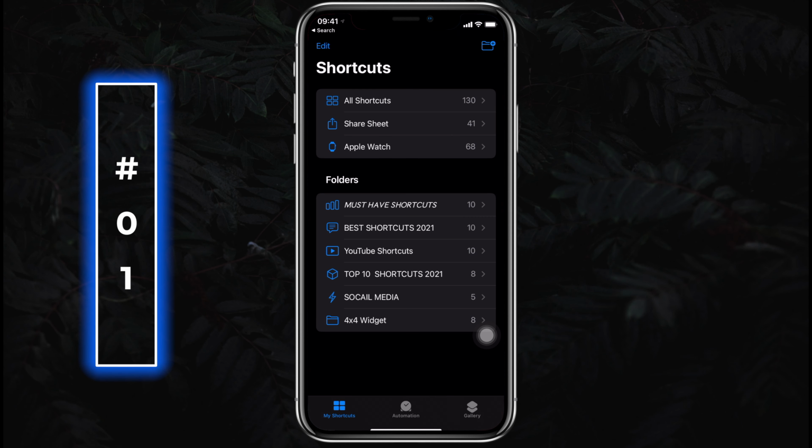The app itself categorizes shortcuts which are for share sheet, meaning it can be run from the share sheet. For example, in Safari or anywhere where you get a share button, notice how some shortcuts pop up here. But not all shortcuts will be compatible with Safari. Some only work with Instagram, some just for YouTube. The one which will work in this scenario is Safari Auto Scroll. All others will prompt with an error for sure.